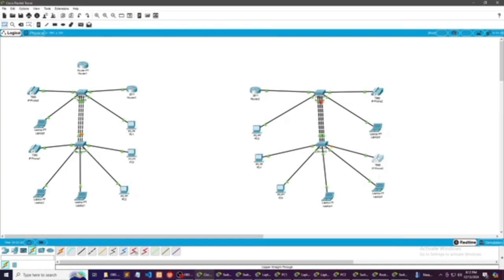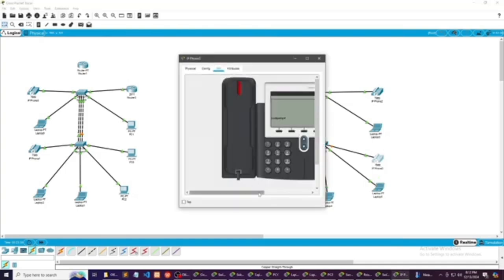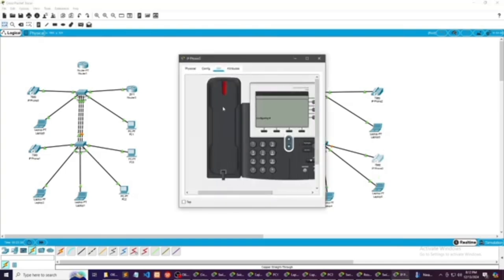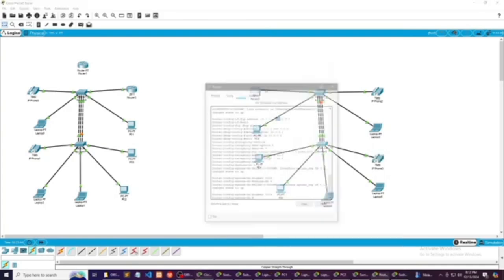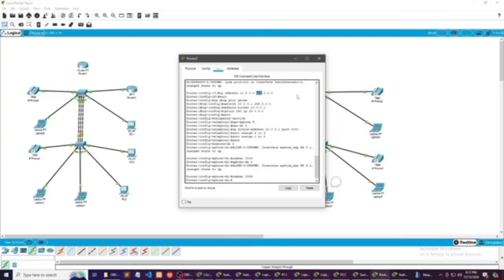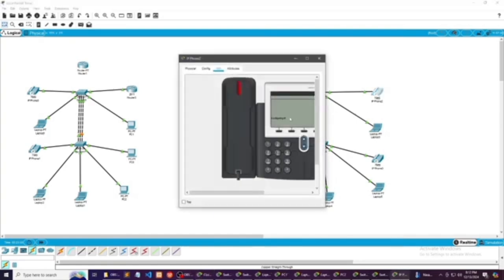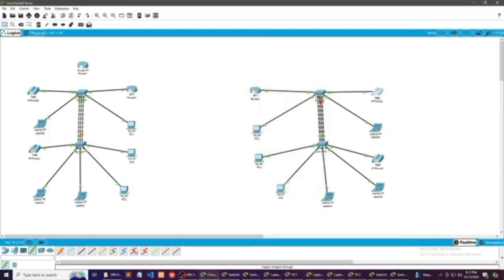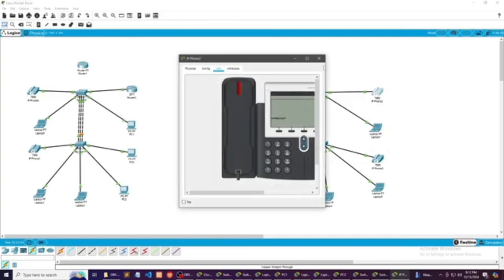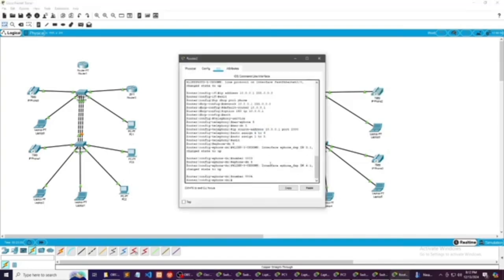After checking the codes, then let's do a quick check again. You can now test the phone if it's working.